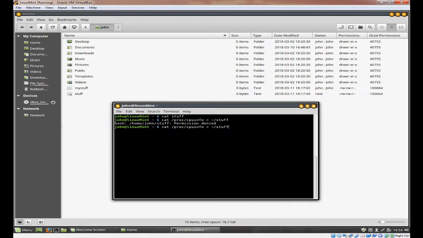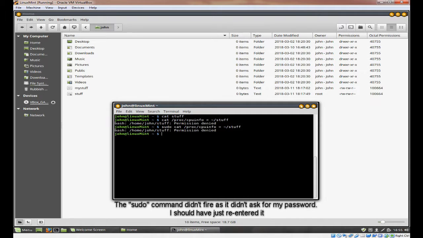So I need to be able to do something to change that, and that is called SUDO. It stands for Super User Do. Other people may say it stands for other things, but most people say that it stands for Super User Do. Now, by putting that in front, it's going to ask me for my password. And provided the password is correct,